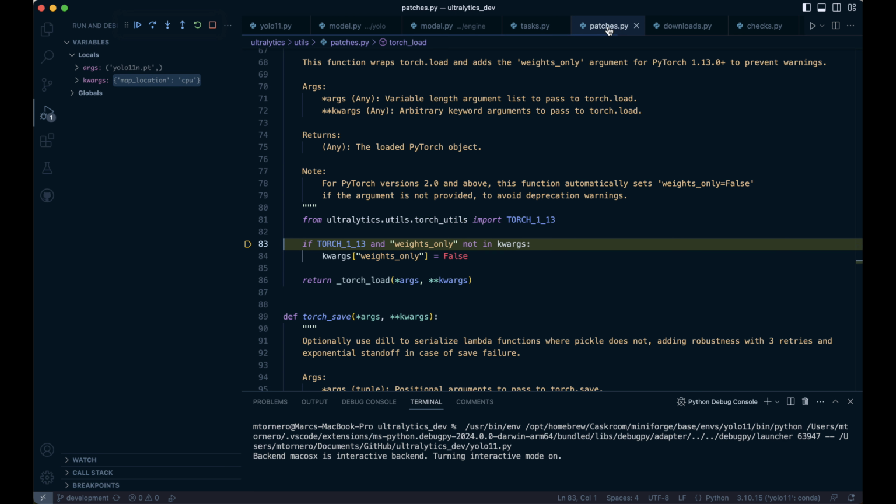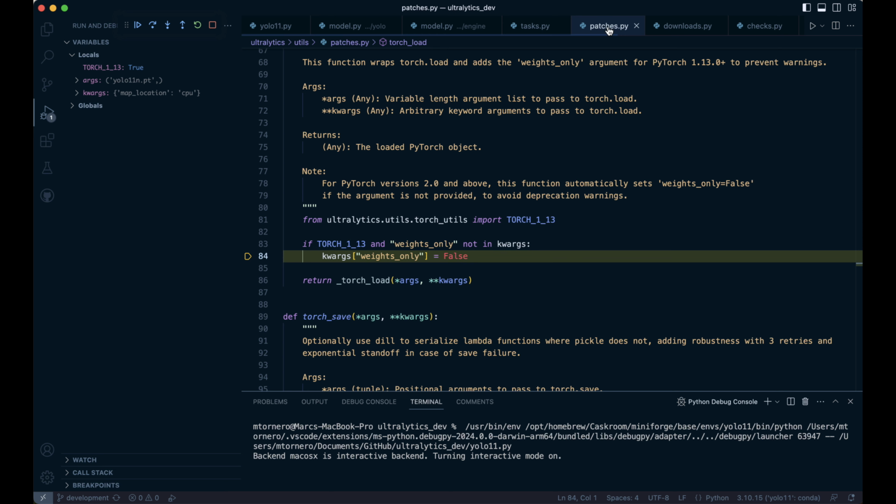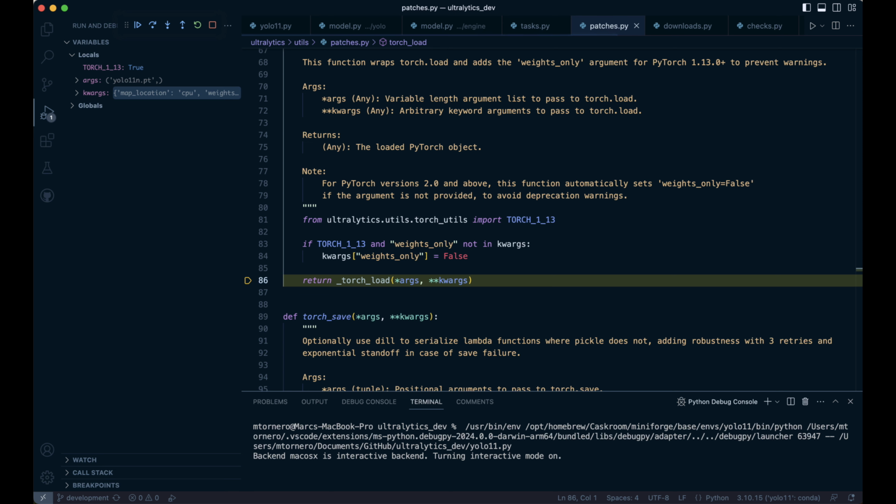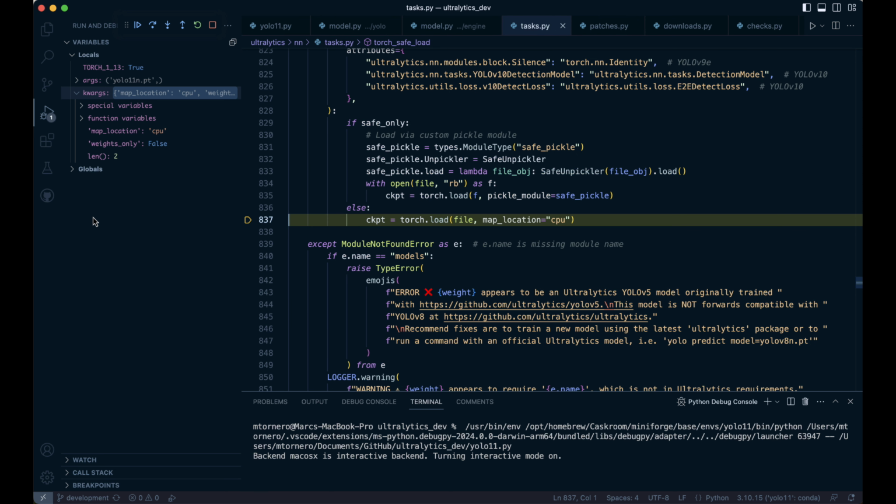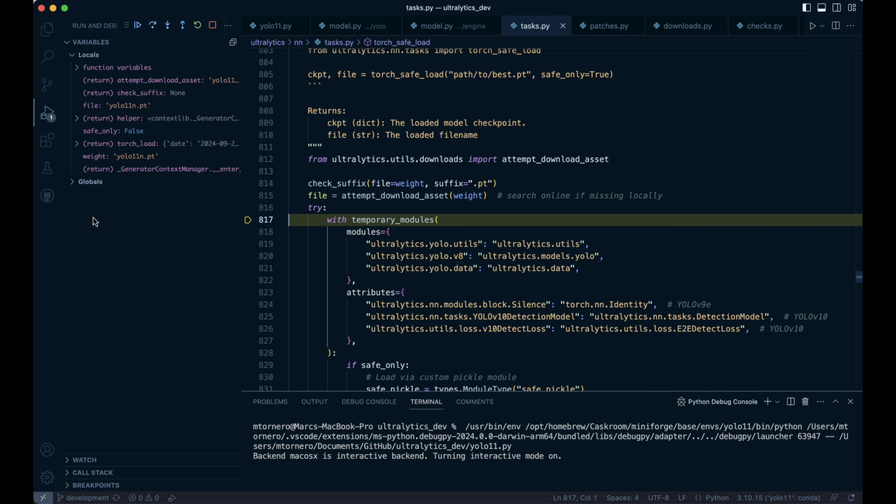This code here makes torch.load forward compatible with newer PyTorch versions by proactively handling the weights_only argument introduced in PyTorch 1.13 and required in PyTorch 2.0 and above to avoid warnings. So we return the loaded model to where we call it from, and when we run this line, ckpt becomes